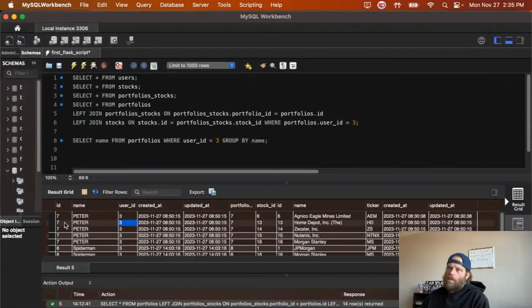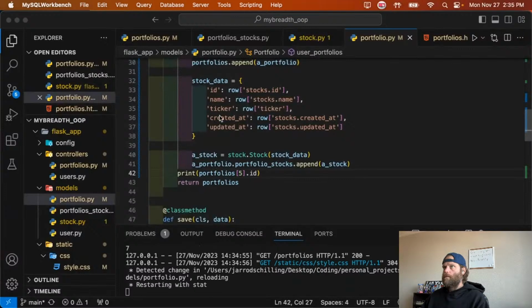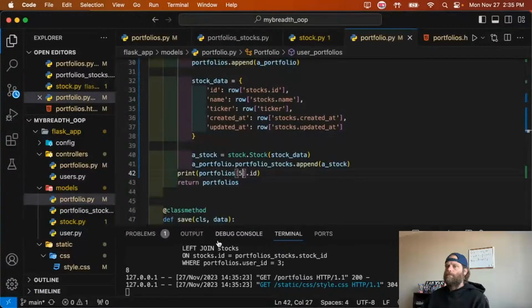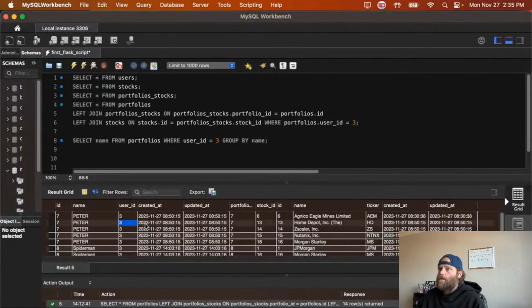Which means 1, 2, 3, 4, 5, 6. So index 5 is going to give me an 8. But what I'm not sure is, so does that mean I can just do a